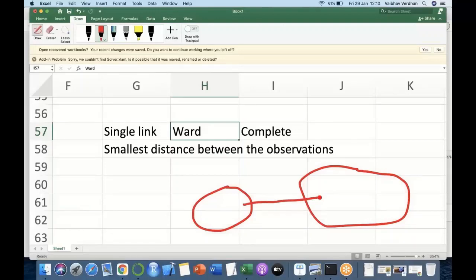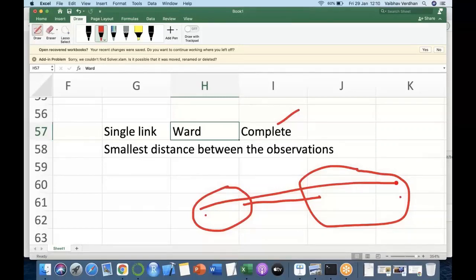Okay, complete distance, or complete, it means the largest distance. That means if you have, let's say, in this cluster you have this observation, in this cluster you have this observation, complete will be this distance. Okay, and average will be the average of the distances between the 2 observations. Okay,